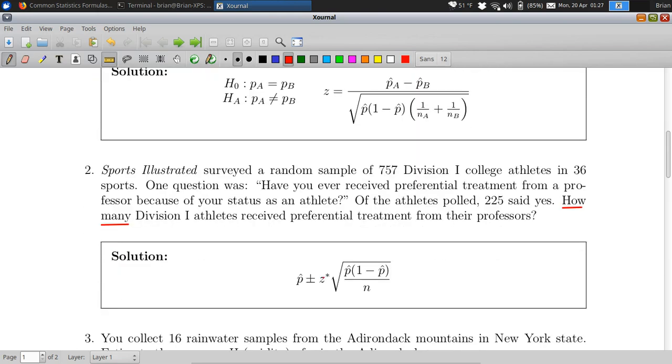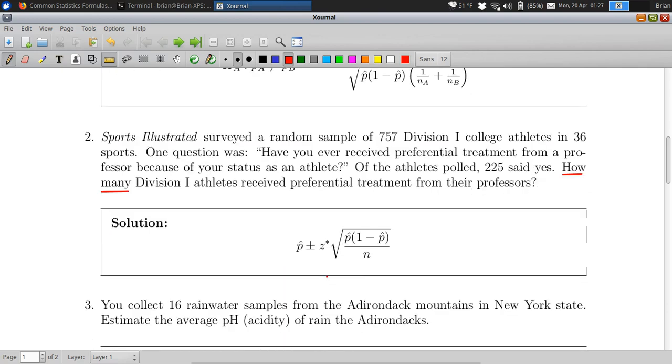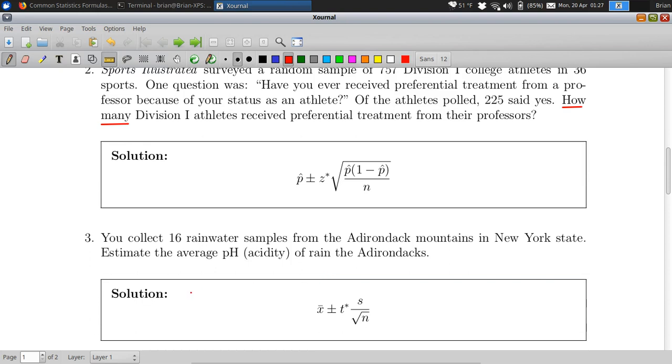There's the one sample confidence interval for proportions formula. Cool. And then we actually do have all the numbers here. You could plug all the numbers in and get the actual confidence interval, but I didn't ask it to do that. So moving on. Next question was, if you have 16 rainwater samples from the Adirondack Mountains in New York State